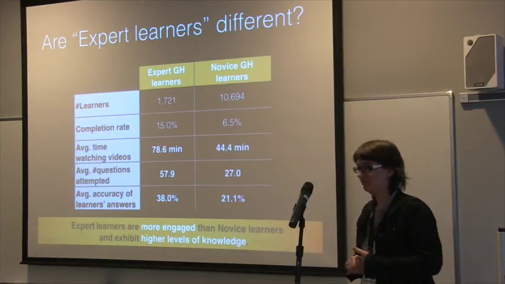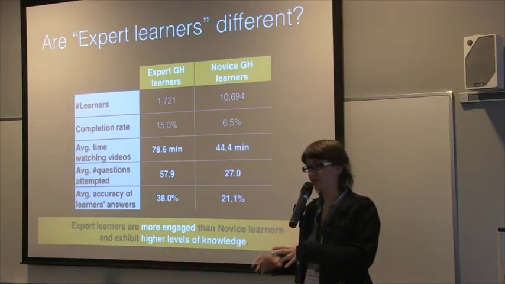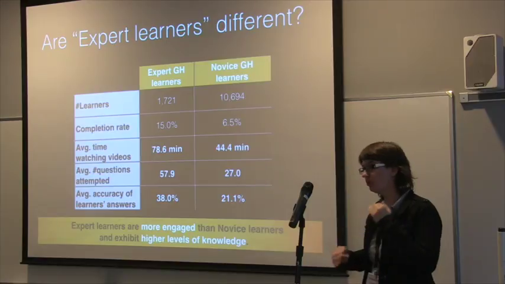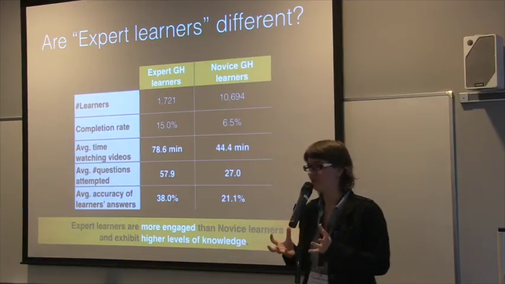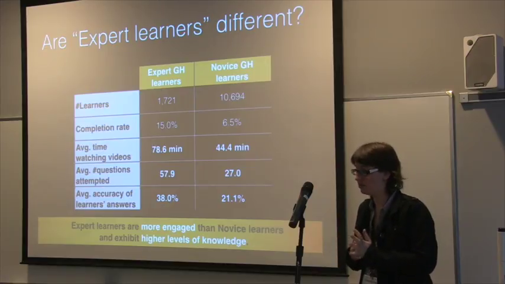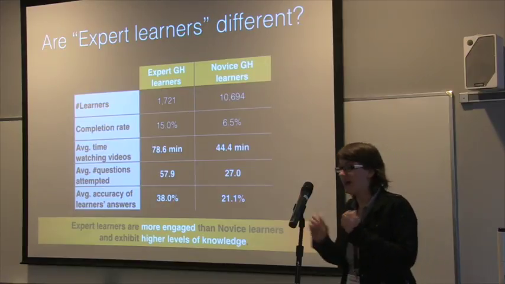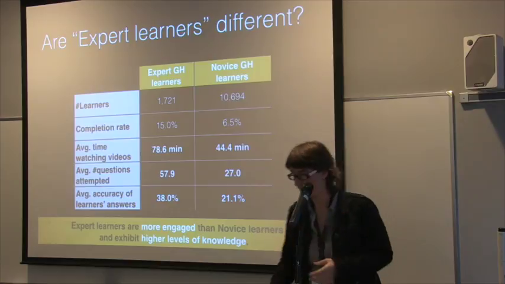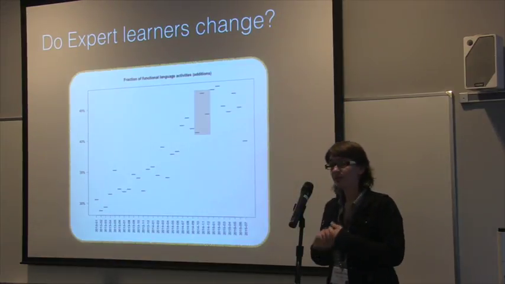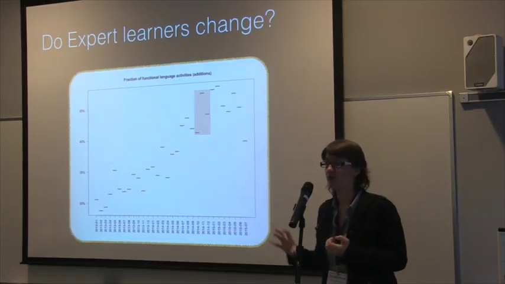Now, it was nice to have this view from the data, so it confirmed that GitHub is a good source. But it was only very basic information. What we really wanted to know is, remember, the transfer learning question has to come back somehow. What happens? How is transfer taking place? Is it taking place? And the first thing we looked at: does the course impact expert learners?